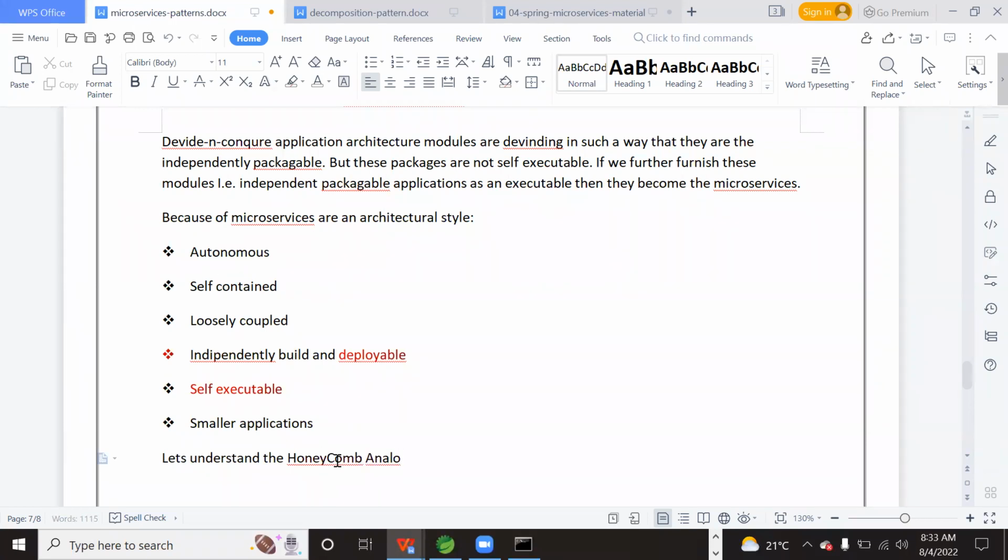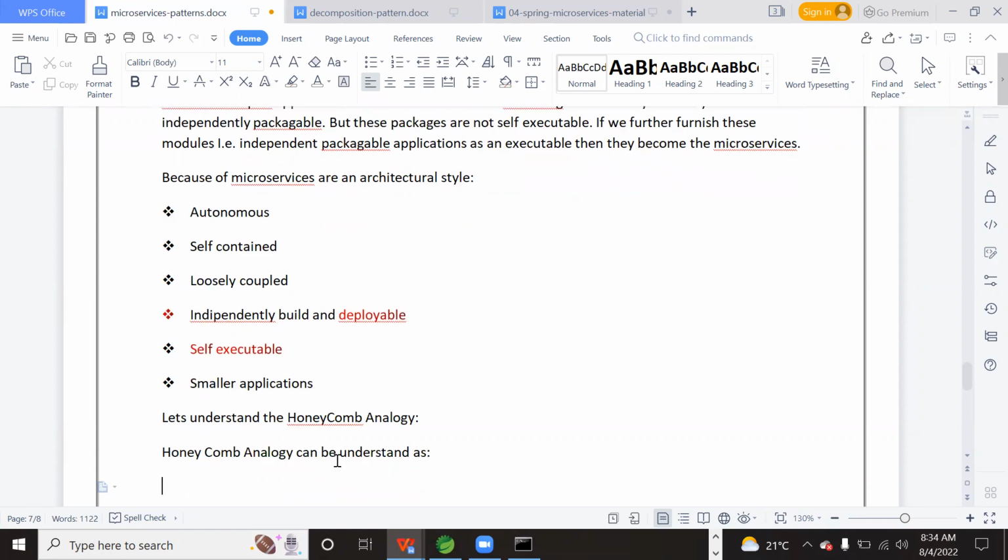This is a kind of lab guide we will use to easily understand the microservices. However, the honeycomb analogy can be understood as follows.